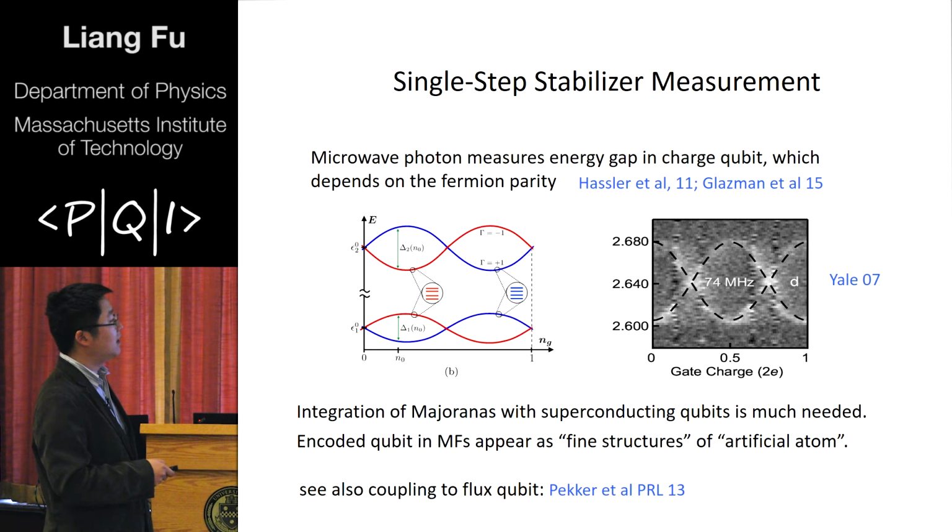Here, what happens is that each energy level of the superconducting qubit is actually a cluster of states with different occupation of the Majoranas. Okay, so if one thinks of the superconducting qubit as an artificial atom, a topological superconducting qubit with Majoranas basically makes each energy level come with a fine structure. And the splitting of these Majorana states can be monitored by the energy gap in the microwave